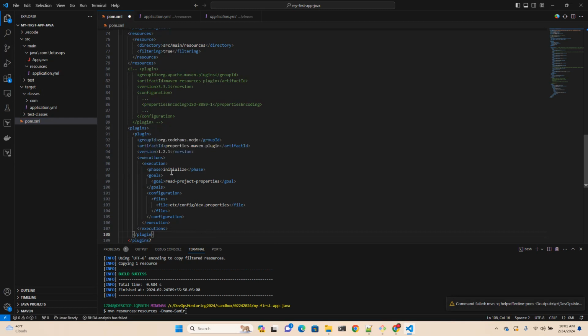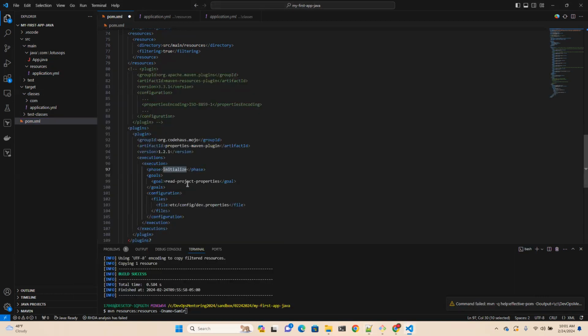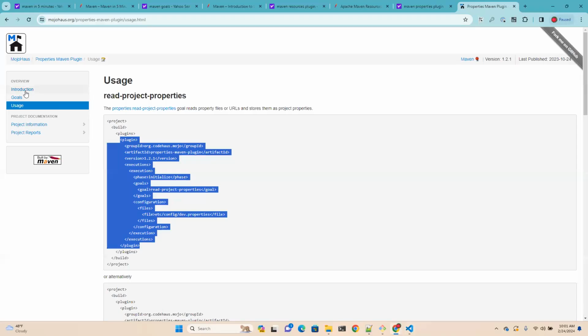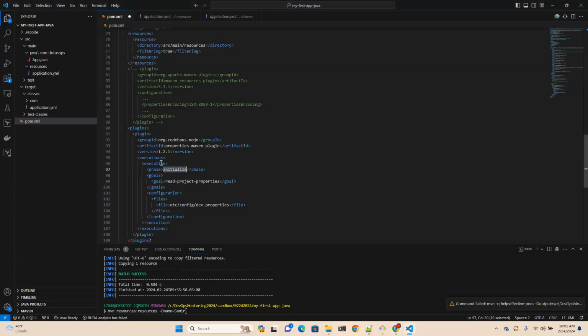Execution. We are saying while you are doing an initialize phase, and we've already seen right over here, the initialize phase is way up over here. During the initialize phase, I want you to read project properties. That's the goal. And goal, if you notice over here, read project properties, one of the goals. So we are saying during Maven's initialize phase, run the read project properties, and the files that you want to read is in,